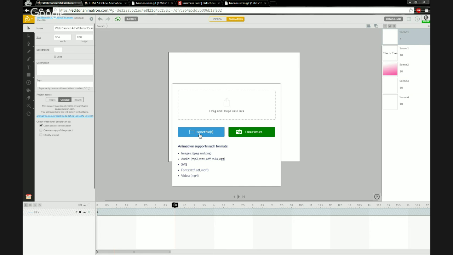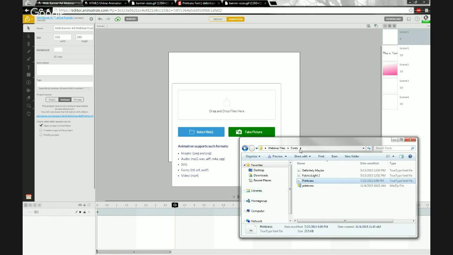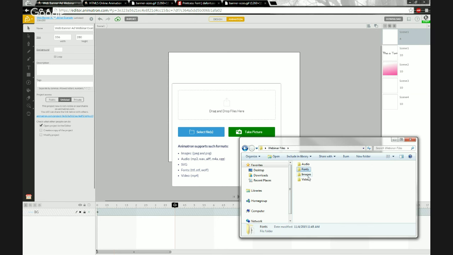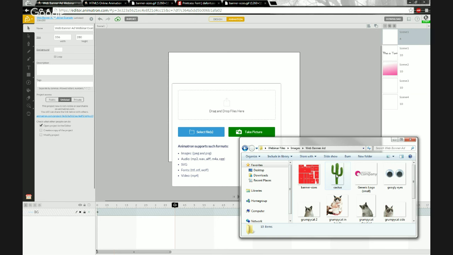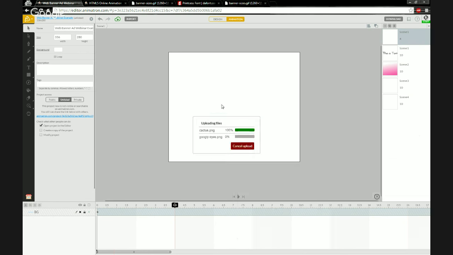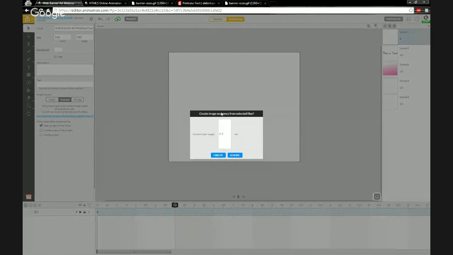I can either select files directly from the computer, or I can bring up my own folder. I'll go back to my image files here, and I'll drag in, let's say, these two guys here. So I'll bring in my cactus image and my googly eyes. And with those selected in my folder, I'll just click and drag them into this little drag and drop area and let go. If you have multiple files selected, it will show you an image sequence